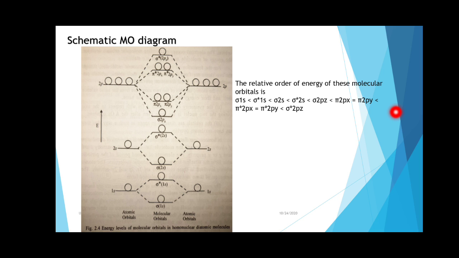So these molecular orbitals, like sigma and pi molecular orbitals, are formed when simple atomic orbitals like 1s or 2s orbitals as well as p orbitals combine, and from those atomic orbitals we get the corresponding molecular orbitals. So in previous video lectures we saw we have different molecular orbitals.